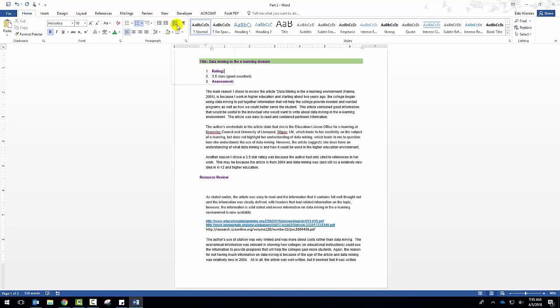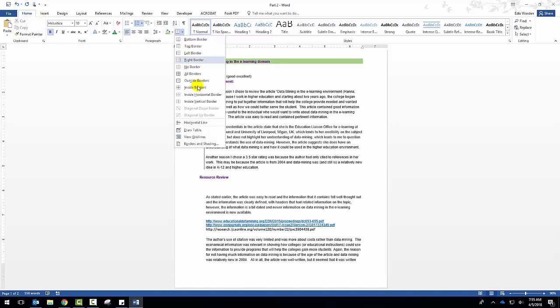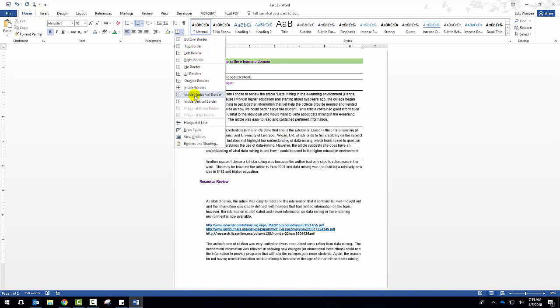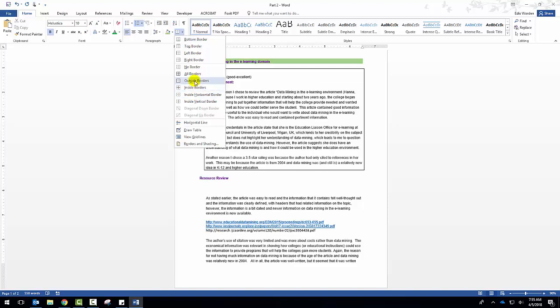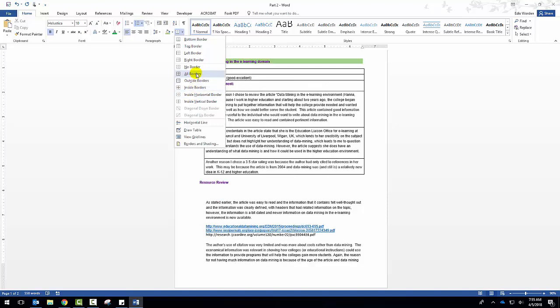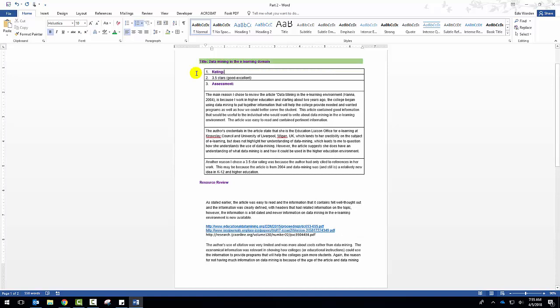I can sort data if I have data to be sorted. Since I don't, I'm not going to be able to show that to you, but if these were out of order, I could actually sort them according to the number. And then the borders. You can have borders put in, inside borders, inside, outside border, all borders. It just creates a different type of view for